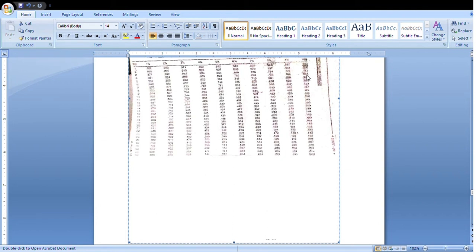This is a present value table of 1 rupee. This side also is years. This side is the discount rate. The discount rate is given in the problem. Our present problem is 10%. This base is the present value of 1 rupee.